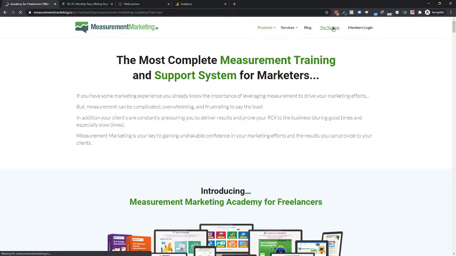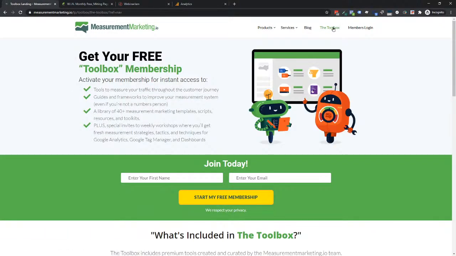Now, this is just to emphasize the point that landing pages don't always have to be buying type offers. They don't have to be your sales pages. There's a difference. LP for us is a landing page, which means it's designed to be an offer of some sort, or at least something that's designed to move them through some sort of customer path. In this case, the Toolbox membership is completely free. So this is the Toolbox, and we have Toolbox pages. Now, again, we call it Toolbox because at this point in our evolution as a company, we understood, okay, we're using